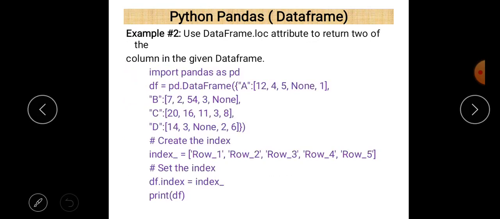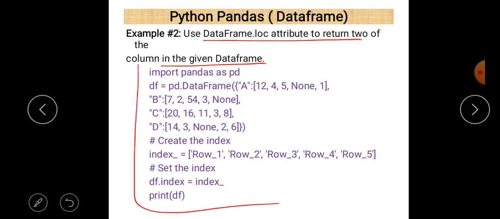This is example number 2. Use the dataframe.loc attribute to return two of the columns of the given data frame. This example shows how to do that. First of all, as usual, import pandas as pd. After that, create a data frame.